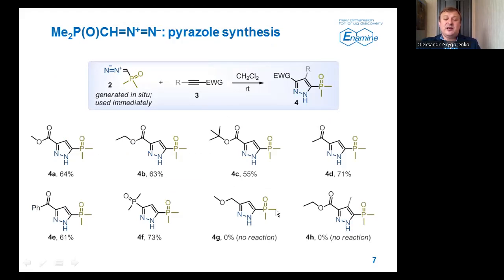And somewhat surprisingly, the method didn't work with non-terminal alkenes having an additional substituent at this position. Even with a methyl group, the method did not work. We believe that this is due to steric reasons. Of course, at the moment, the scope of this reaction has not been studied to a full extent, and we expect to do that in the nearest future. But for now, I would like to switch to another part of